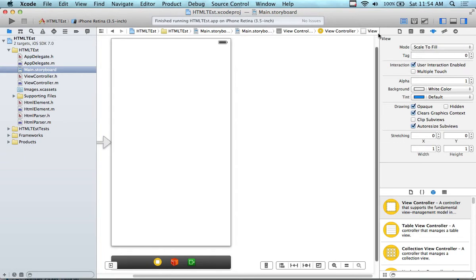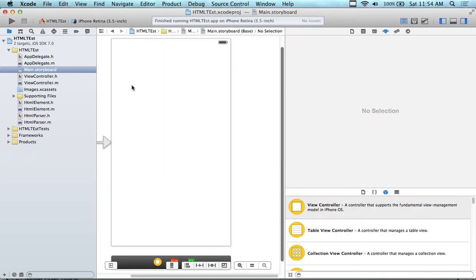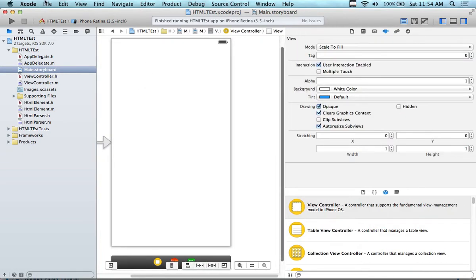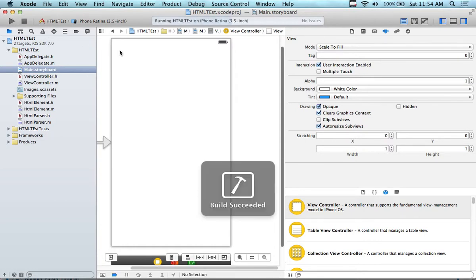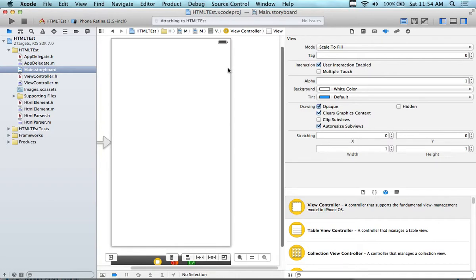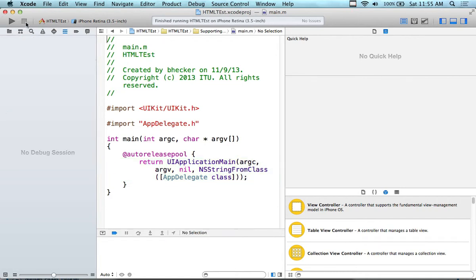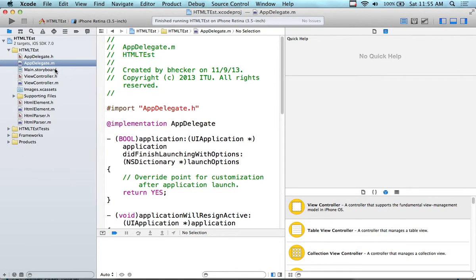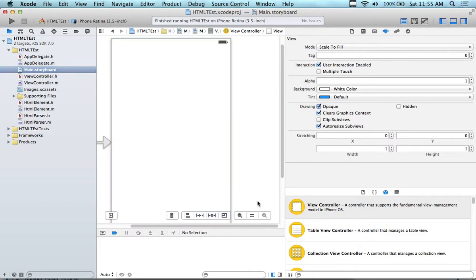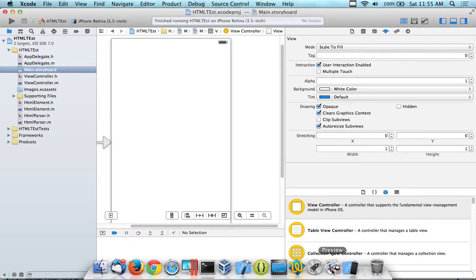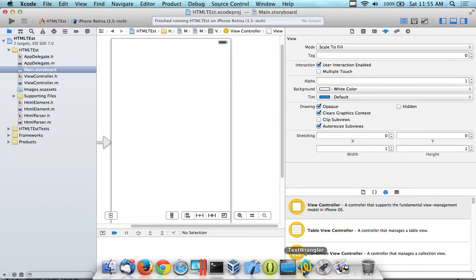Let's just take a look here. We have the identity. If you click on the nib and we run it right now, we're extending view, so we're not going to see the view. In fact, it's a good experiment to see if it actually does need to be changed in the current version of Xcode, and it probably does. It's going to come back with an error message because it's not extending the right class. Actually, it doesn't come back with an error, it just crashes on us. So we have to set the nib correctly. If we open up the storyboard, let me close out the